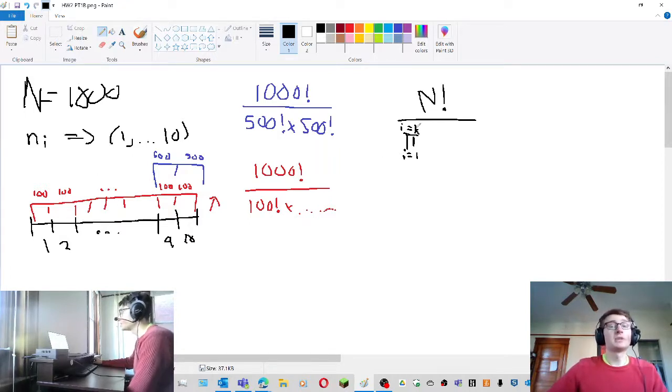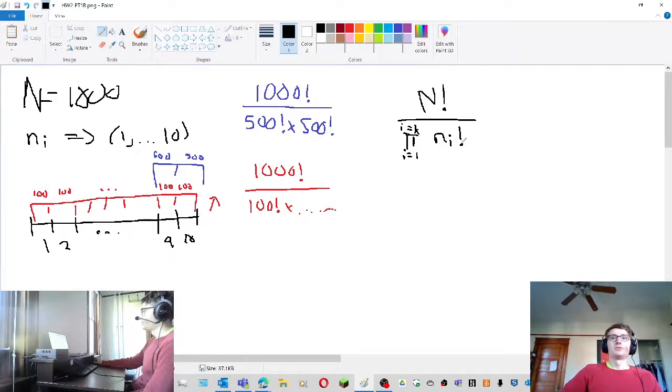So in this case it would just be k equals 10, from 1 to 10. And I'll use k and 10 interchangeably from here on out, just for simplicity. But you would multiply the number of students in each bin, the factorial of the number of students in each